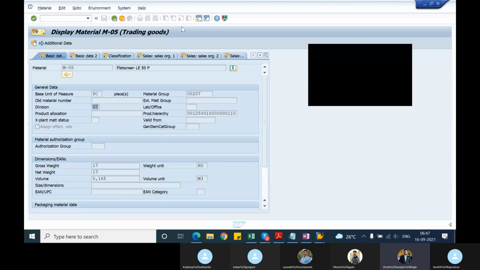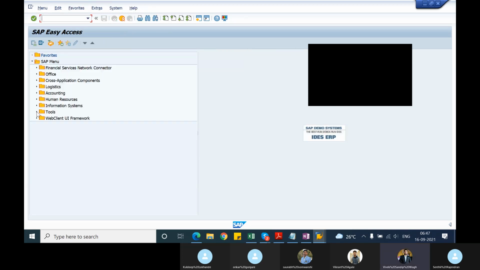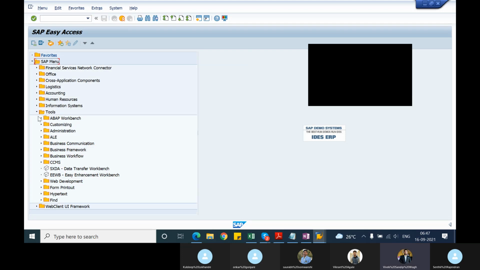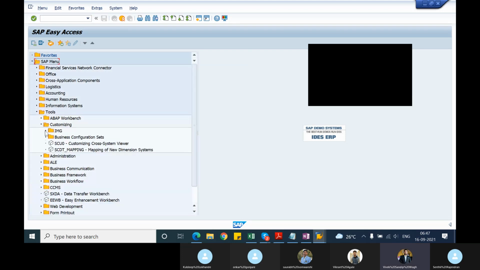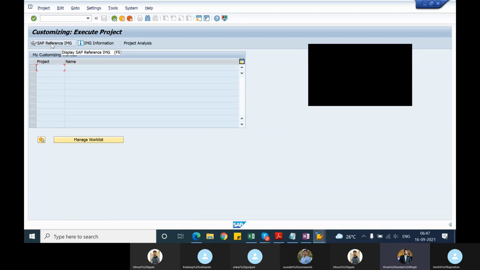Okay, one second. So all the customizing you can straight away go to SPRO. I think you know how to go to SPRO. You can use either the SPRO transaction or you can go to Tools, Customizing, IMG. IMG stands for implementation guide. SPRO you can select, double click this. Here you can click on SAP Reference IMG